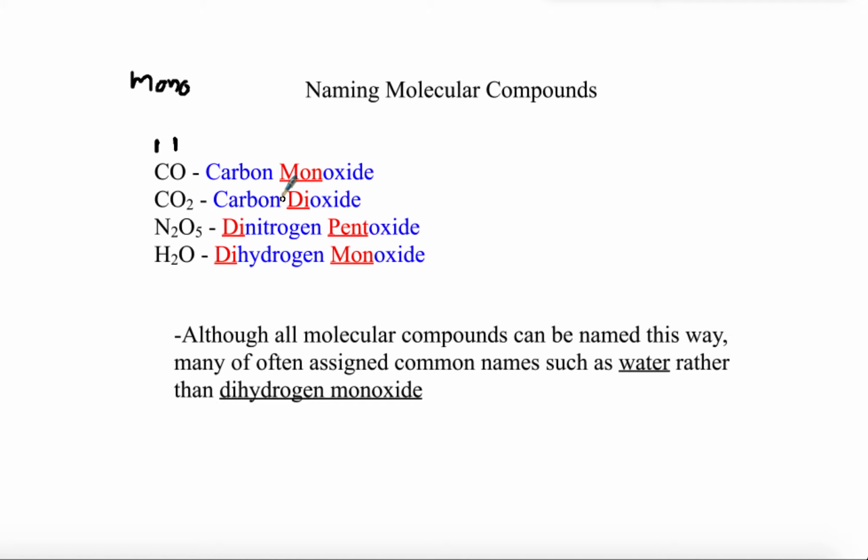Okay, so it's really simple. First element's name does not change. Second element takes an "ide" ending, and then you just add a prefix telling you how many atoms of each are present. Now these are kind of like their scientific names, but a lot of these compounds actually do just